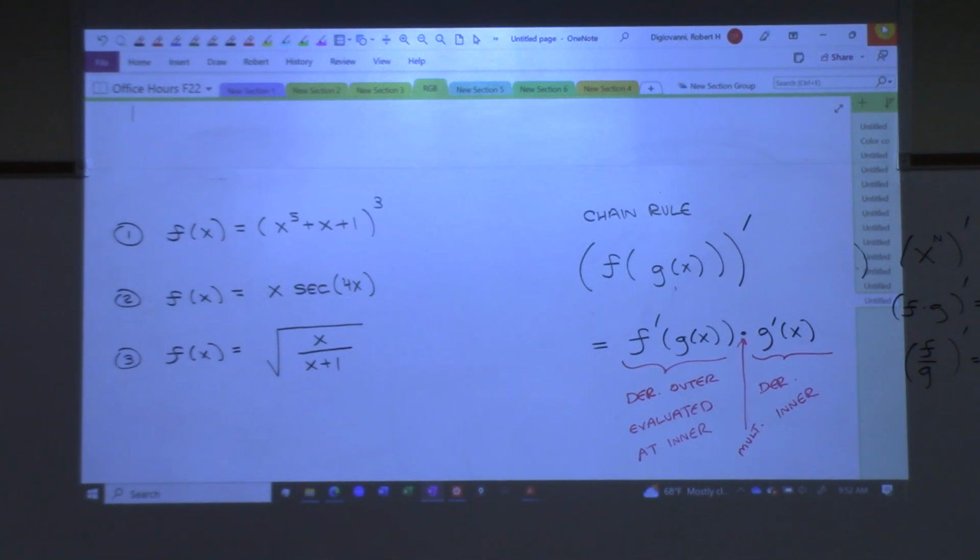How are we doing here? First one's right. Second one, oh, there's an x in front of the secant 4x. I think you wrote the problem down wrong. No, you wrote it down wrong, so you're gonna have to redo that. And that one,